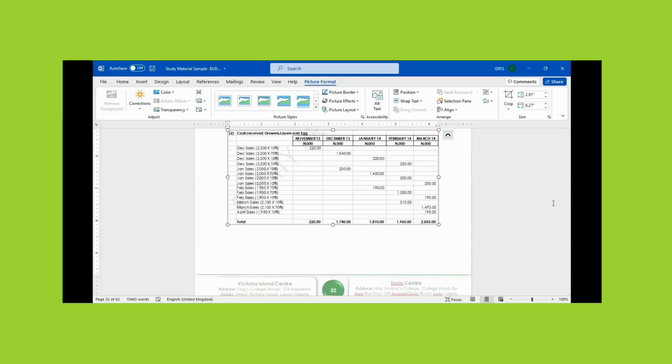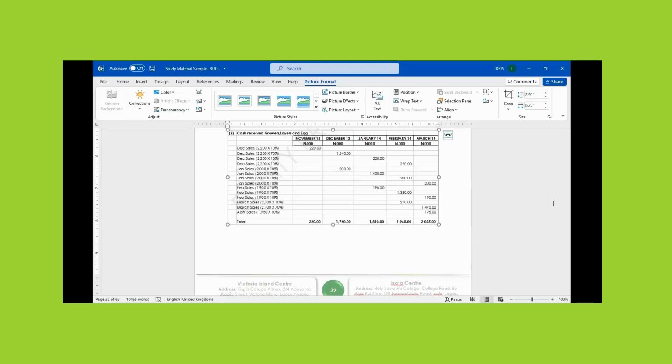70% of February sales is going to be received in the month of sales, which is February. 70% of February is how much? 1,330. Is going to be received in February. Do we understand that? Yes, sir. Another 10% of February sales is going to be received in which month? March, 1 month after. Can we all see that? Yes, sir.